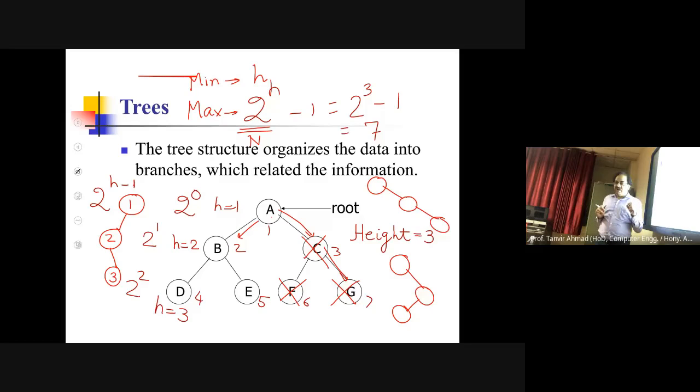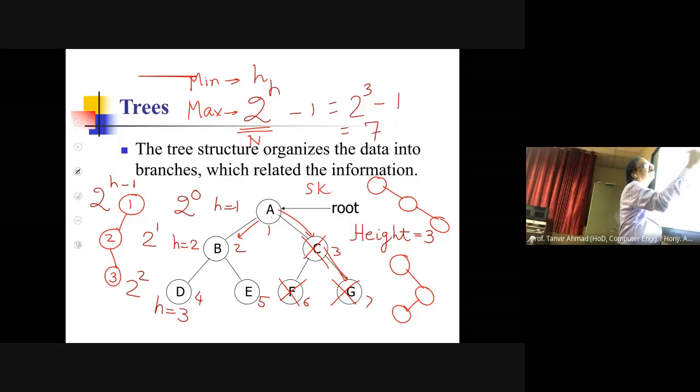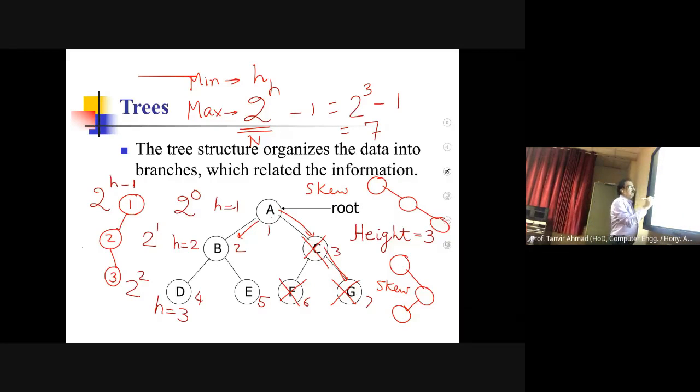Now one definition is important. If every node of a tree has a maximum of 1 child, that tree is called a skew tree. If every node of a tree has exactly 1 child, it is called a skew tree. Therefore, this is a skew tree. This is a skew tree. This is a skew tree. Every node you will have exactly